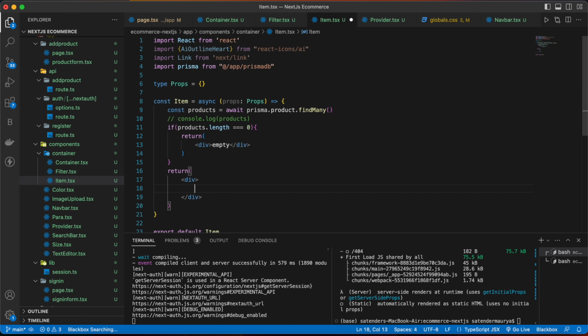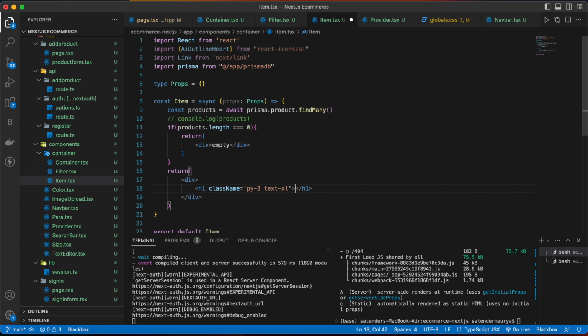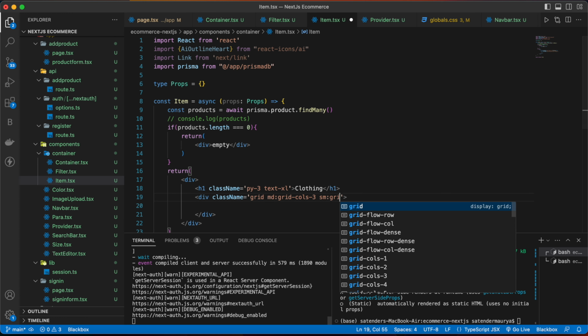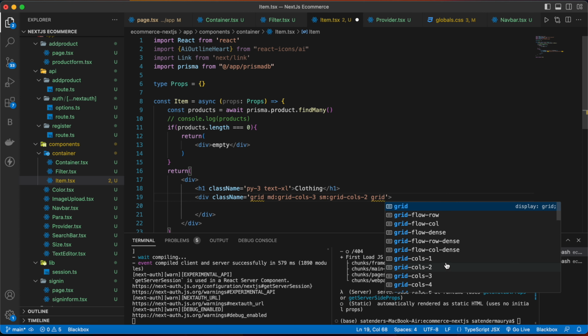Now inside this div we are going to have an h1 tag with the class name of py-3 text-xl, and then create clothing. So that, write a div with the class name grid. If it's above sm, then we are going to have grid-cols-2. Otherwise, grid-cols-1.